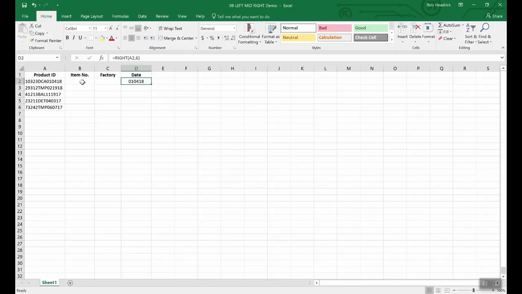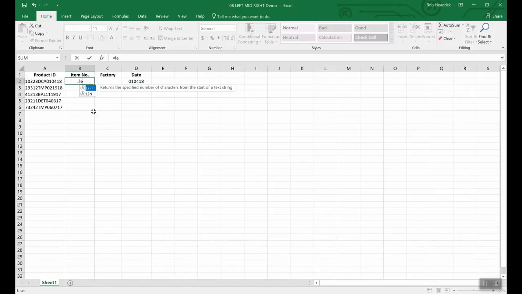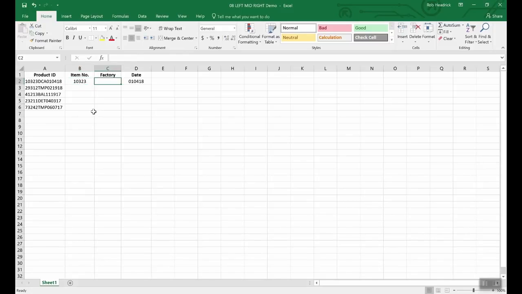Okay, let's do the left and pull out the item number. Very similar, equal left, still A2, and we have a 5-digit product number, so we type in 5 counting from left to right. All right, so 10323, you can see it matches up just fine. So last is the mid function. It's similar, but it has an extra requirement. Equal mid A2, comma, and we're going to count from the left, and we're going to start with the 6th character. And we want it to then start counting at 6 and count a total of 3, which is the factory code, and enter. And if we were to copy this down,